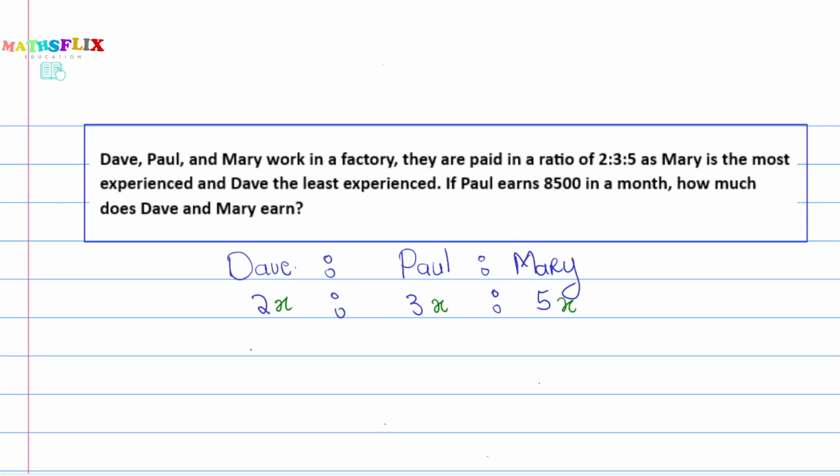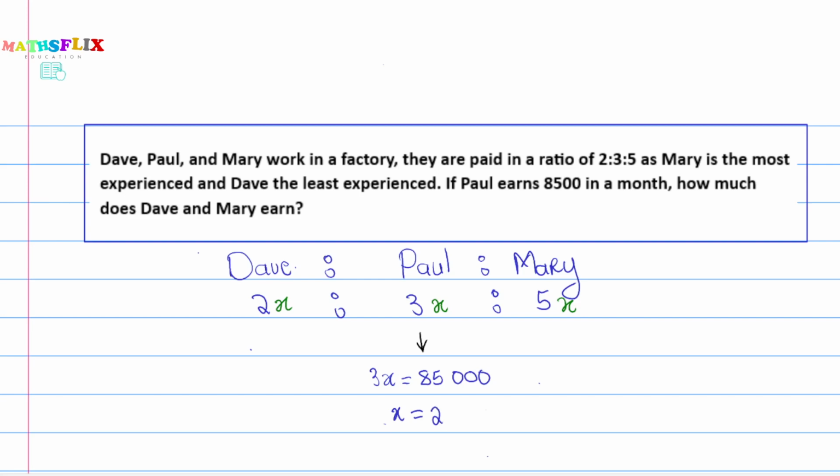Now, the question says that if Paul earns 8,500, so what we actually have is 3x equivalent to 8,500. Meaning we can work backwards to find our x. What is 8,500 divided by 3? Well, it's